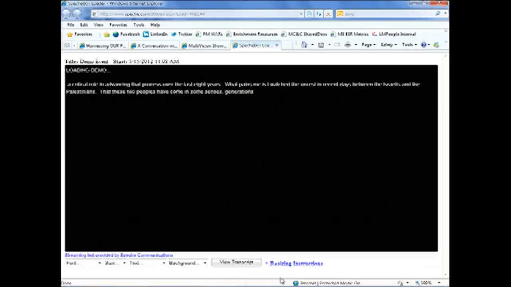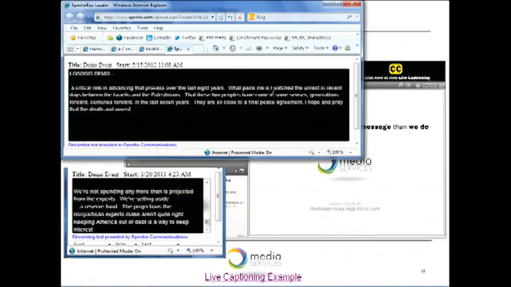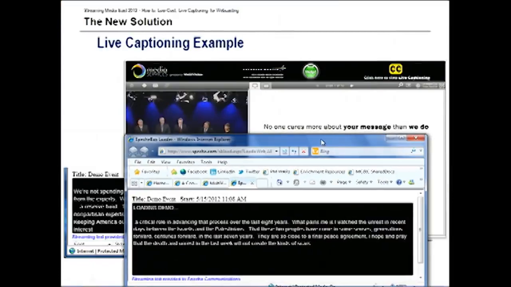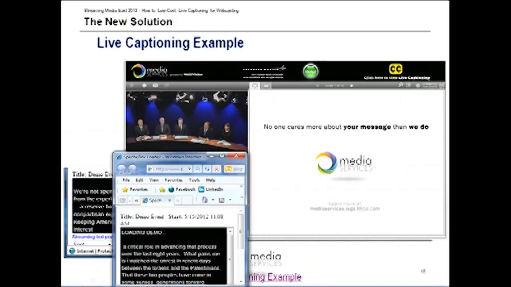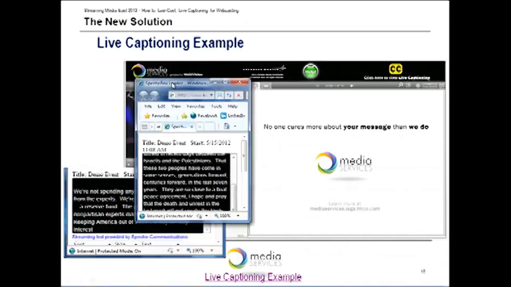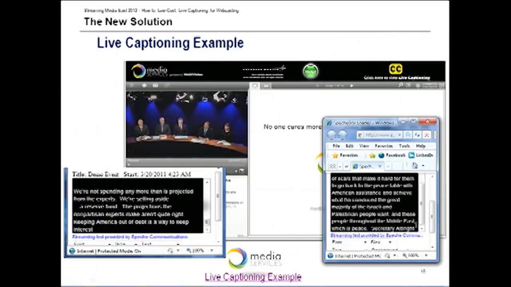Now you can take that window and you can resize it. You can size it any way you want. So you can imagine that the PowerPoint that we're seeing below there is our webcast, and if I wanted to move this around, you can see the example right on the slide behind it, and it'll continue to update live. You'll see it at the bottom. I just have to make sure I position myself right. You can see right there at the bottom the text is updating. So by having an outside service do this fast and inexpensive and integrating it with our player,